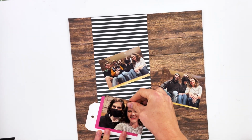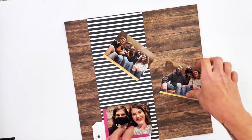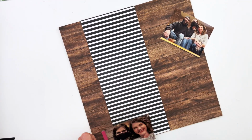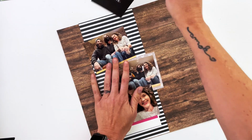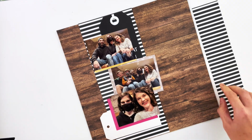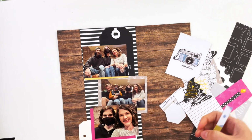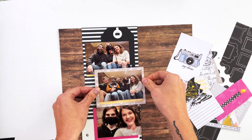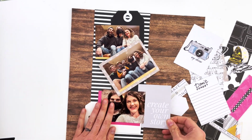I really love this page. It's one of my favorite pages of all time. It came out so great. And the whole point of this page, what I'm trying to do here, is really layer this page up, and I really want a lot going on as far as paper layers and cards and things like that. So I've got all of these cards and paper scraps that I'm pulling from to create this layout. You can see that the color scheme is black, white, and hot pink because I'm using